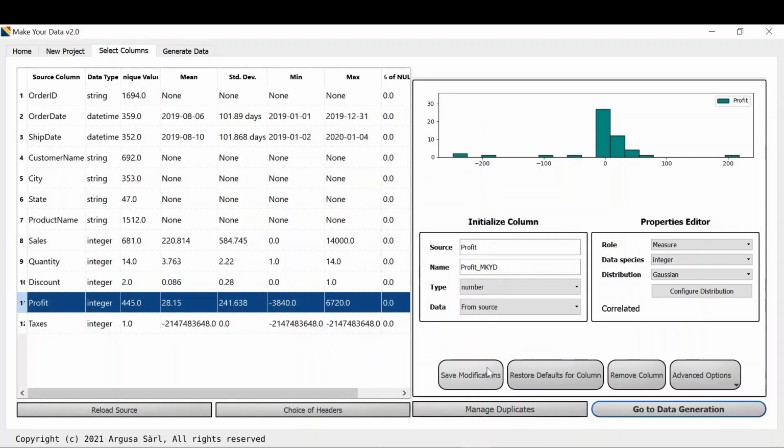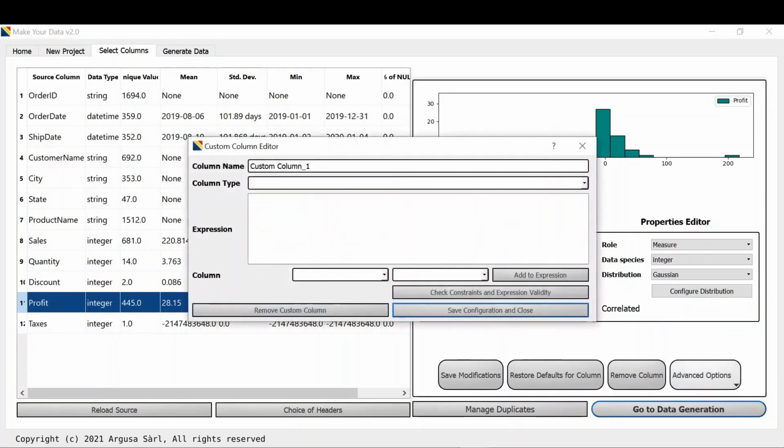Finally, we will add a custom column by going to Advanced Options and choosing Add a Custom Column. Here we are presented with an expression editor where we can write the formula for the new column using some basic Python libraries. For the sake of simplicity, we'll compute the taxes perceived.